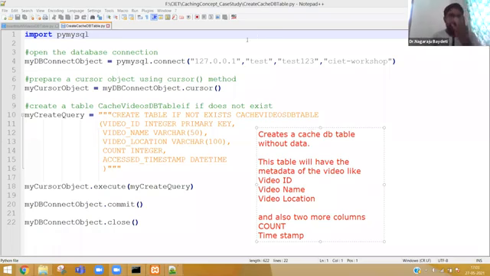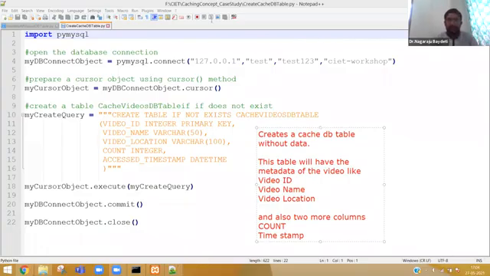Now tell me, in case you have any doubt till here. If you don't have any doubt, then let us move further to the main program, that is the simulation of the cache concept. I believe you are able to understand the concept of what we are going to implement and the step-by-step incremental procedure which we are trying to follow to simulate the concept of caching.